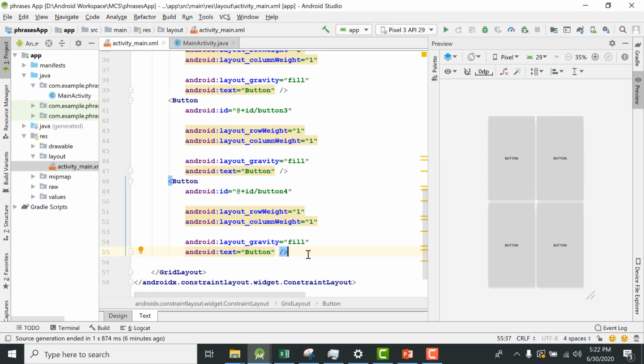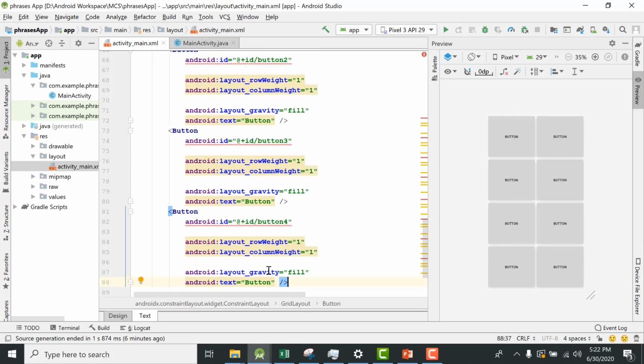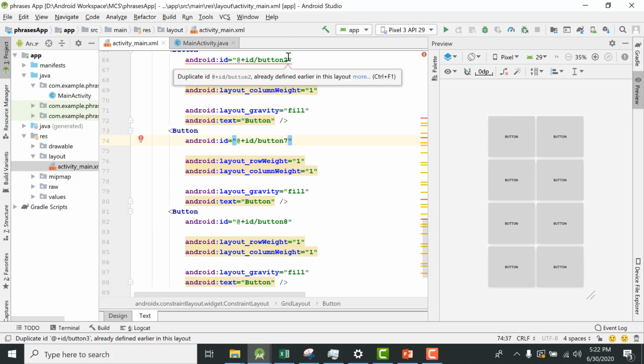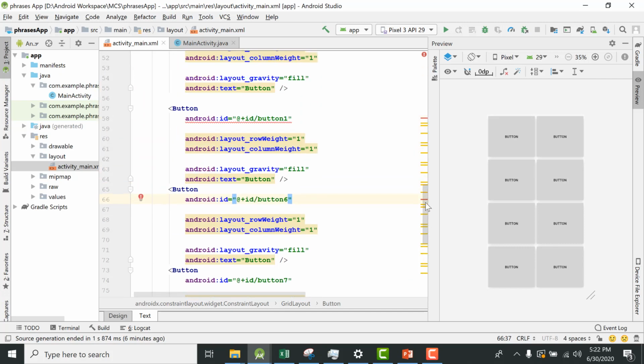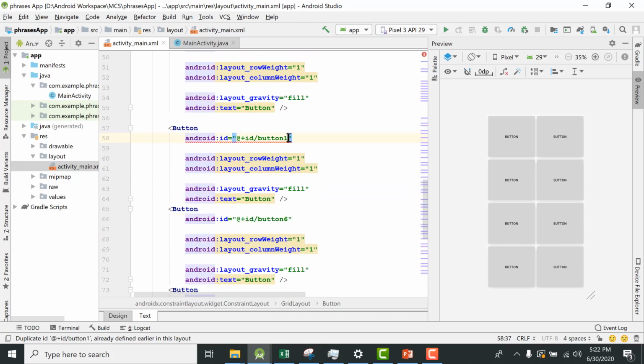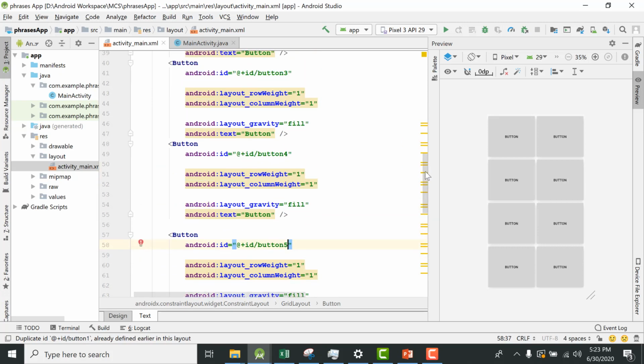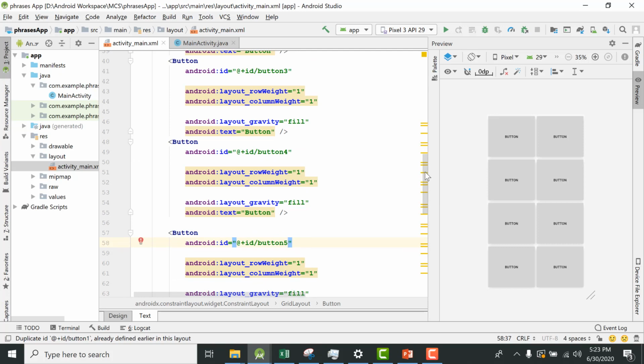So copy them and Control V, paste them, and now this is button number 8, button number 7, button number 6, and button 5, and button 4, button 3. Okay, so now you see all of these 8 buttons. In fact, these 8 buttons will represent the 8 phrases in English. So let us add those phrases one by one.